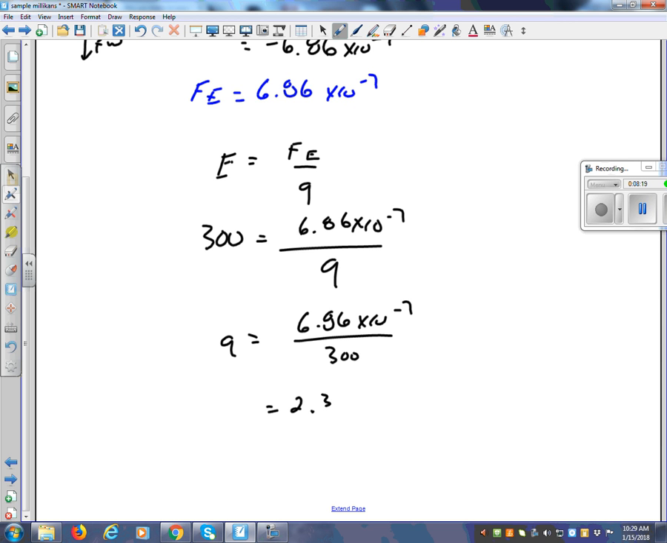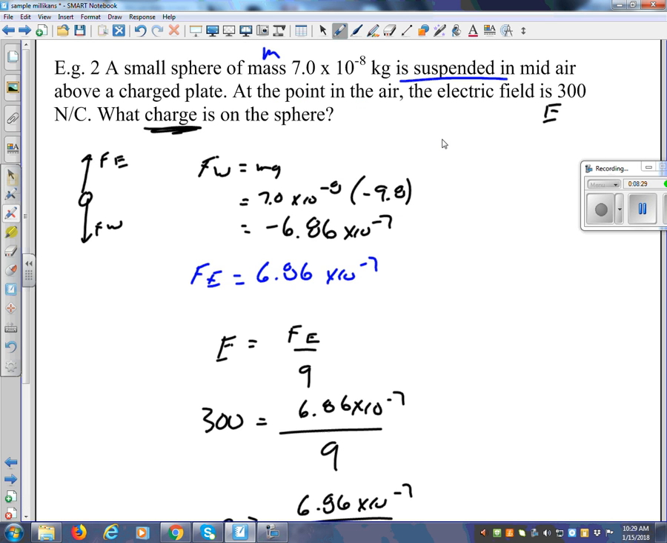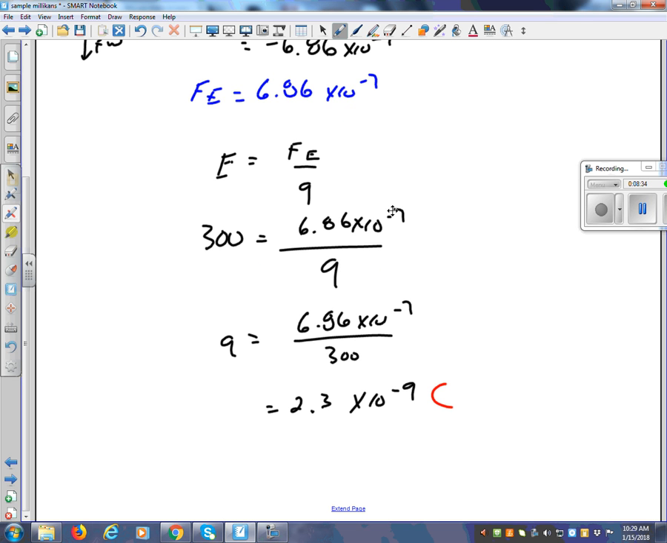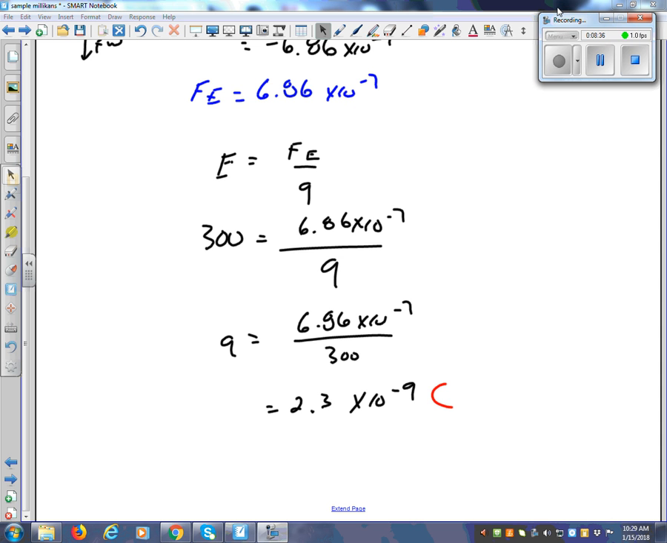2.3 times 10 to the minus 9. And that's measured in coulombs. What if the question asks for the charge in Elches, in elementary charges, or electrons? What do you do? Well,